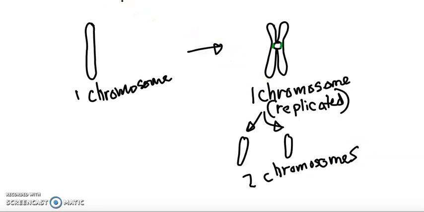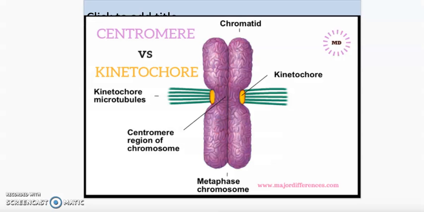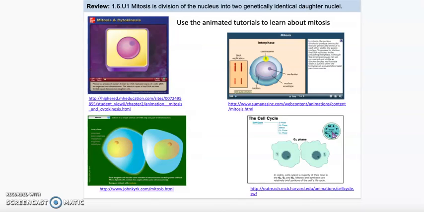Okay, so just something to keep in mind as we're doing this, because the numbers might get confusing. Okay, so back to here, this is what I was talking about with the kinetochore. It's the protein that the microtubules would be attaching to, to pull the replicated chromosomes apart. All right, so if we use this presentation